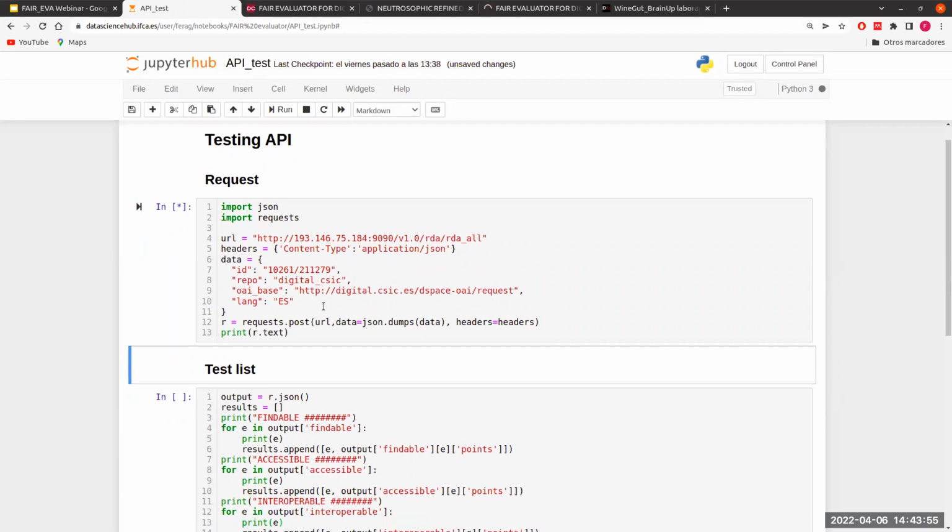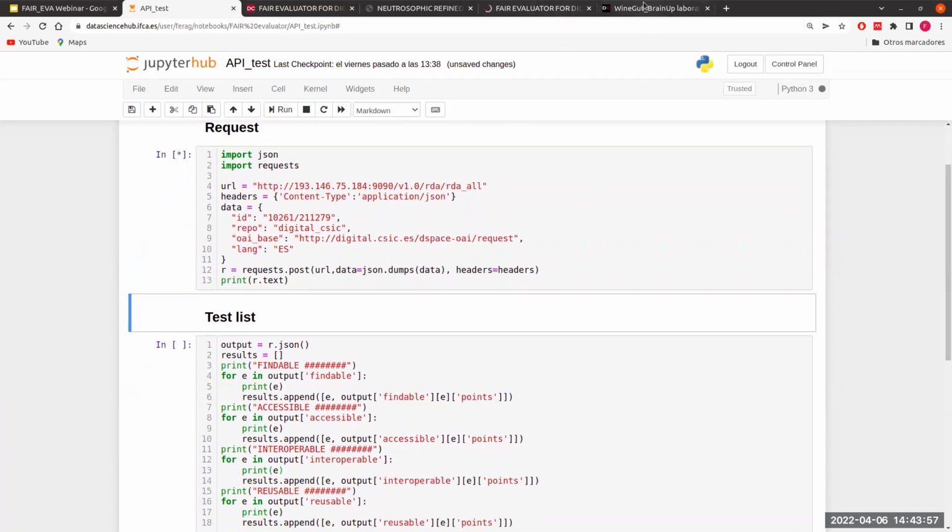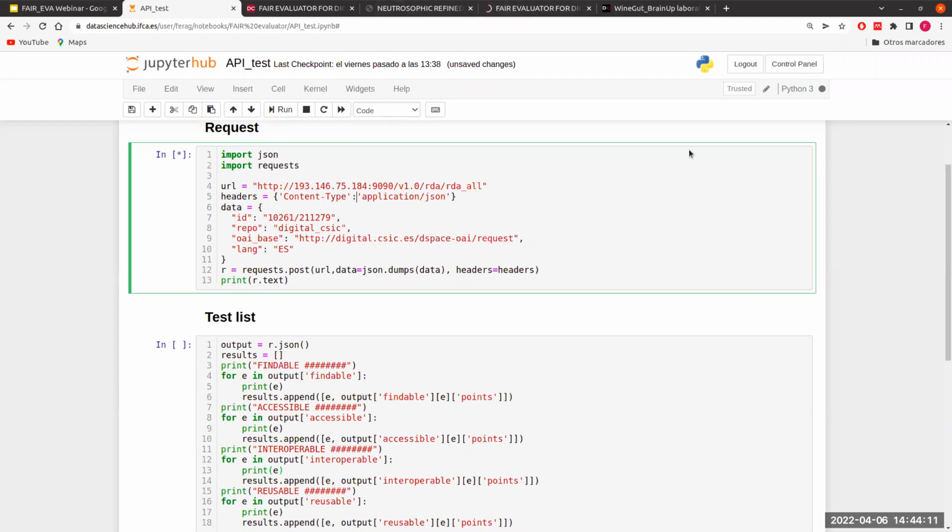Okay, so it takes time. I don't know, but I think Digital CSIC is going slow. So if it takes more time, what we can try to do is to use Zenodo, for example.